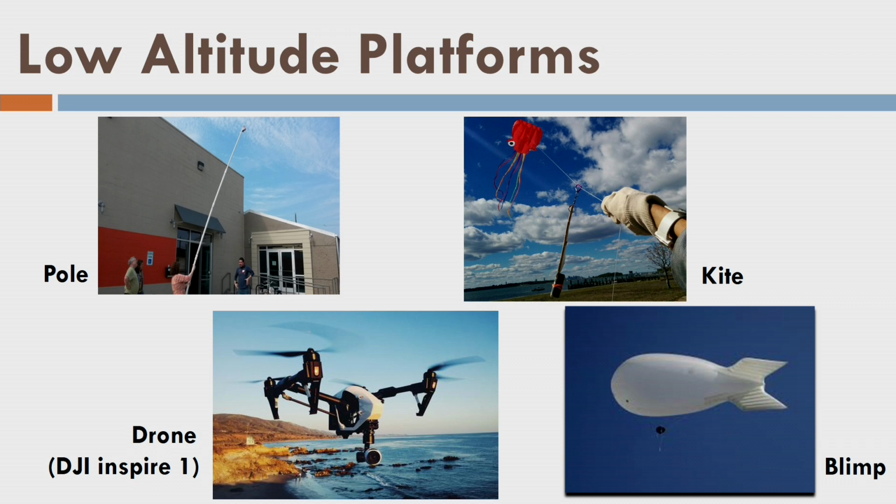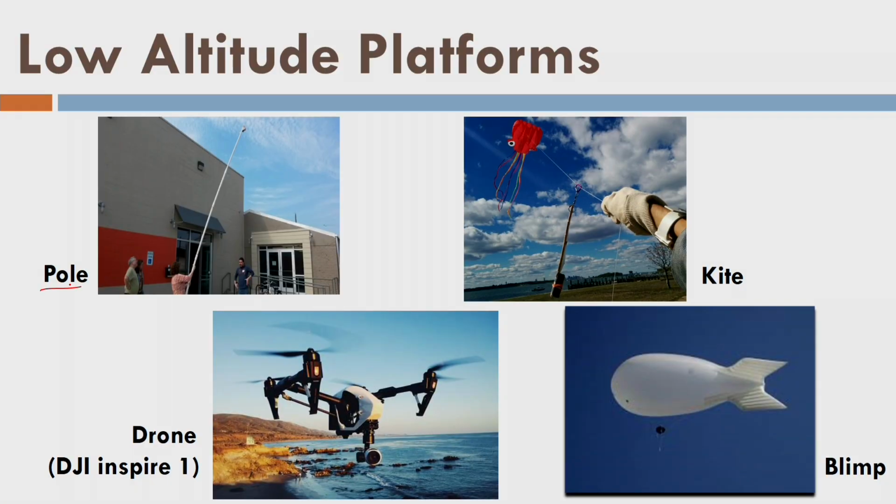Now, recently there has been some more development in platforms. Scientists as well as practitioners of photogrammetry have introduced a new term called low altitude platforms. That means they are not terrestrial platforms like a tripod, and they are also not aerial platforms like a helicopter or aircraft, they are in between the two, right. So first is the pole. Pole means we have an almost 20 to 30 feet high pole, and at the top of the pole we make some arrangement to hang a camera, and by some automatic arrangement on the ground we control it, and the camera acquires the images from that height of 30 feet or maybe 20 feet.